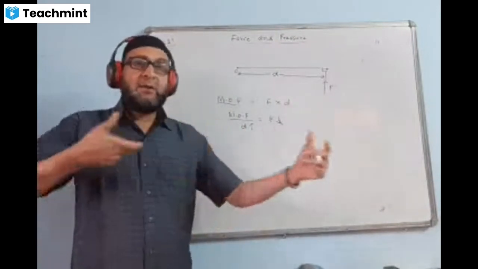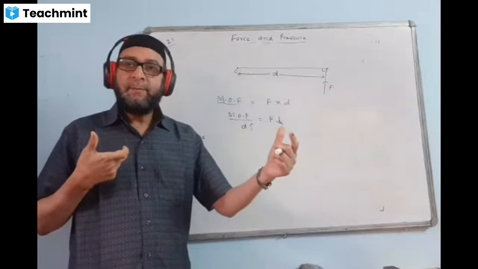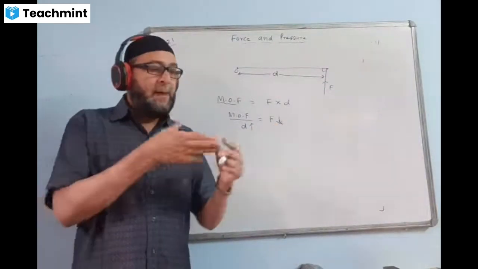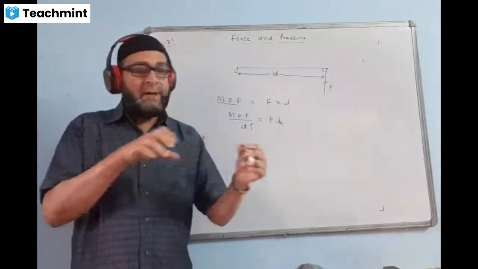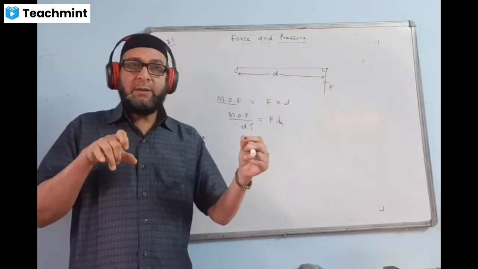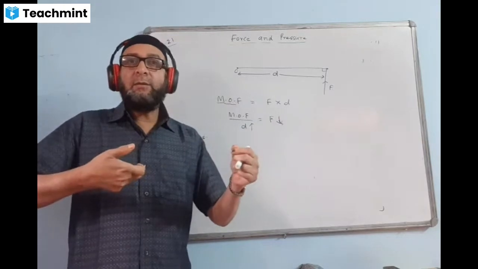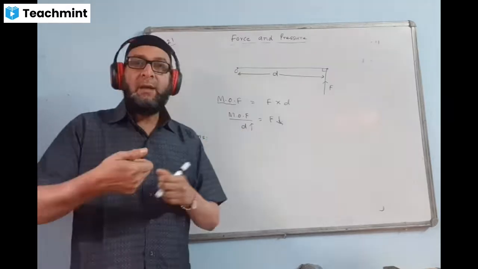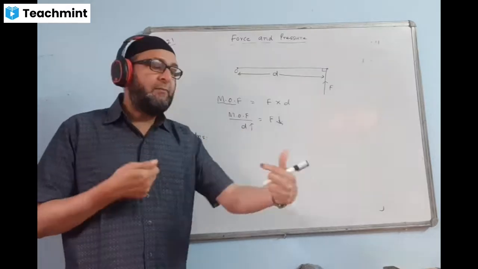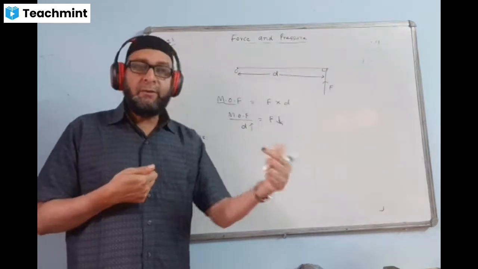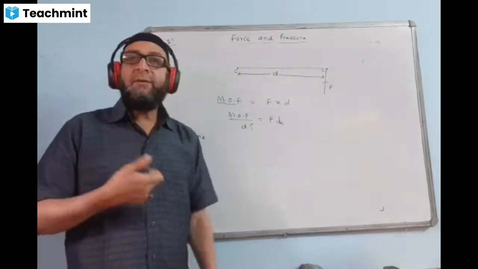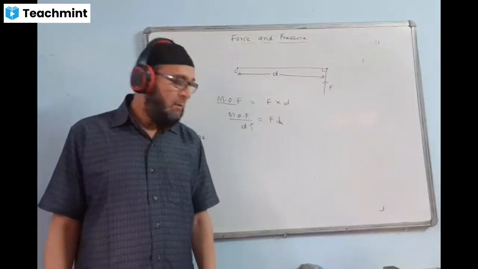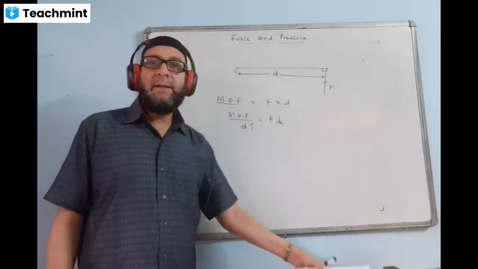You must have seen a pliers. Have you seen a pliers? At home we use pliers. Pliers are given a long handle. Longer handle means the distance is large, then the value of force becomes less. With less force, we can produce turning effect in whichever things we want to turn using that pliers. So with less effort or less force, we can produce turning effect in that body. Okay, you got the idea. So this is the main idea about it.